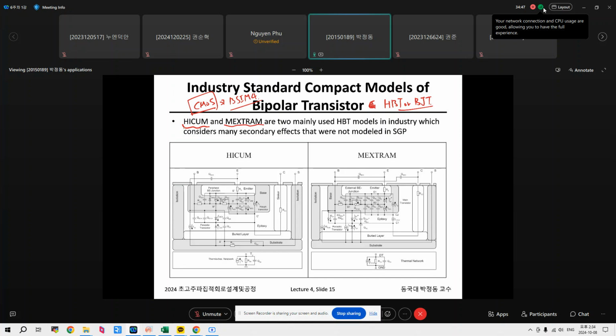Most RF process PDKs utilize the HICUM model. Both HICUM and MEXTRAM are based on the SPICE Gummel-Poon model. This is the first large signal model of BJT,